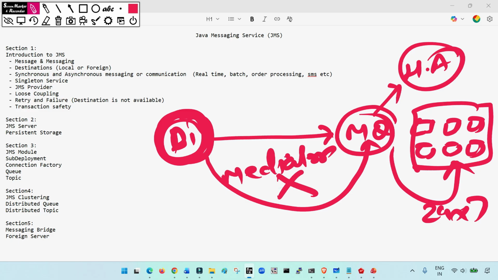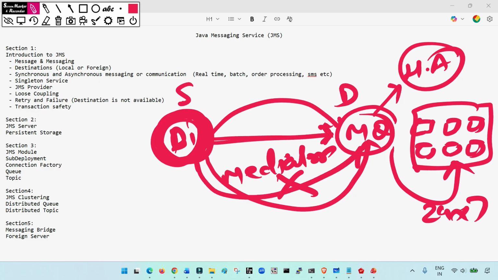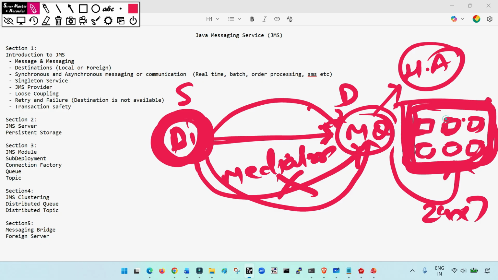There is no mediator in between. Your destination source will send the message to your destination directly. That means it will call your destination directly and send the message. So in that case, you have to ensure that you have highly available destinations, which will always be available